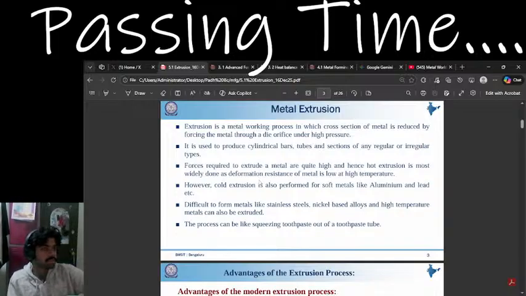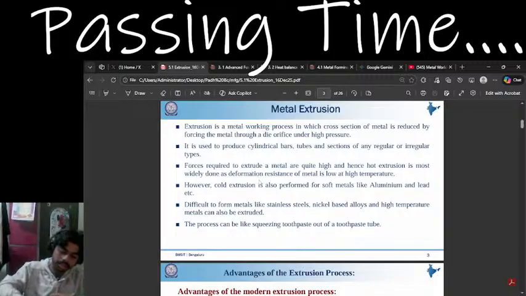What is required to extrude metal? The forces required to extrude metal are quite high, and hence extrusion is most widely done hot, as the deformation resistance of metal is low at high temperature. However, cold extrusion is also performed on soft metals like aluminum and lead. I was talking about the rate at which the metals are